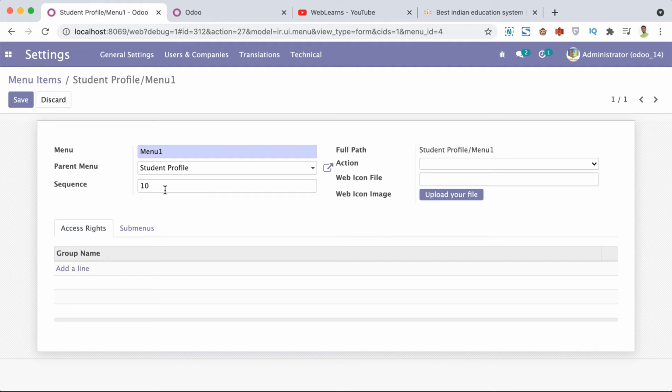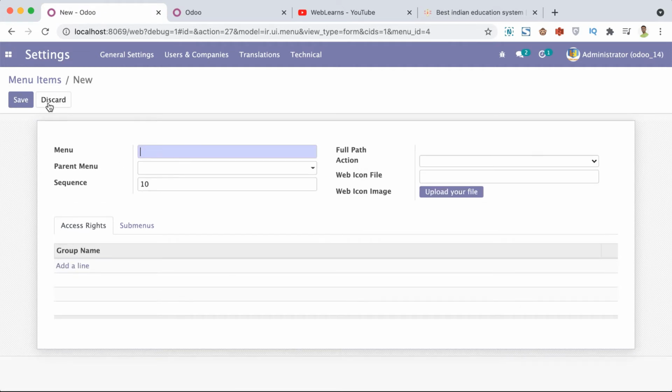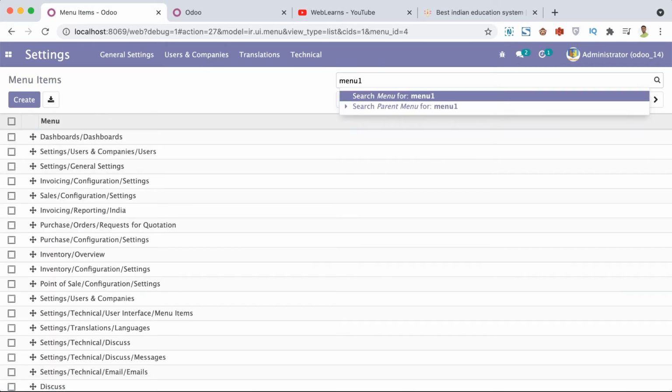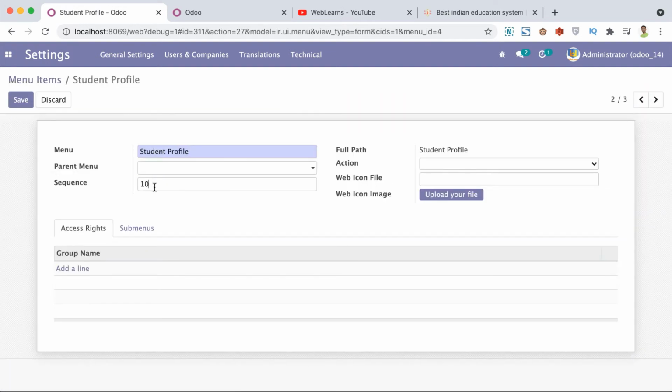By default you can see the sequence is 10, for this one, student profile. And let's say I am giving -1. If you give the sequence as a lower number, that is the higher priority of that menu to display in the front end side. Let's say -1,